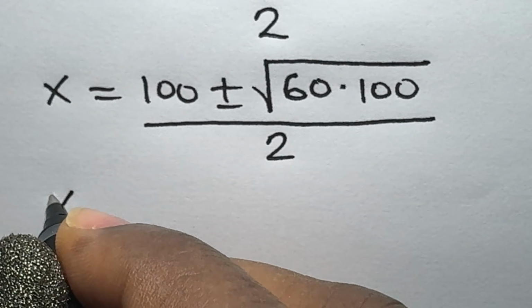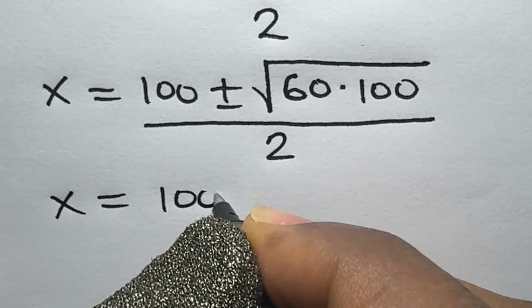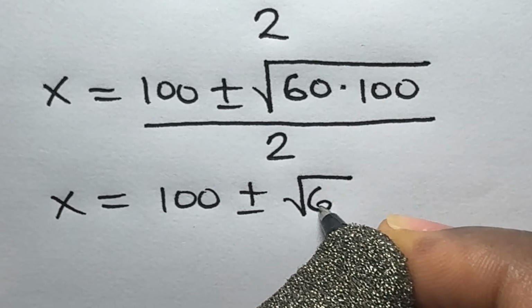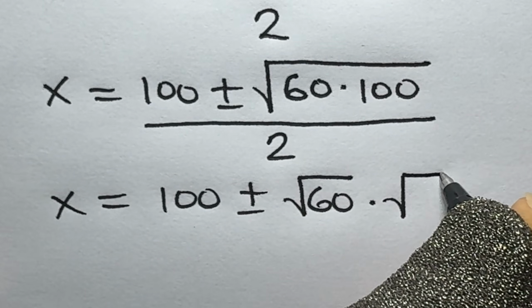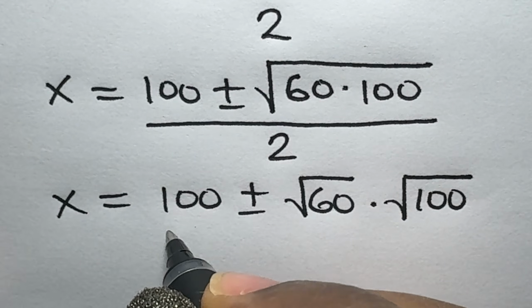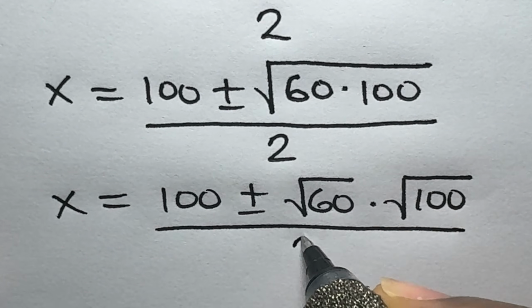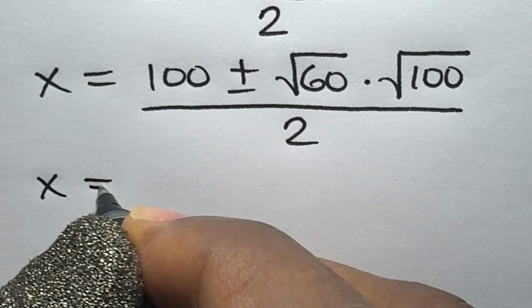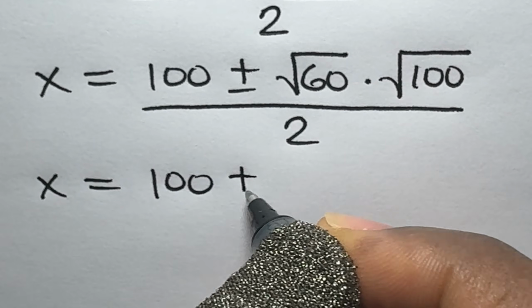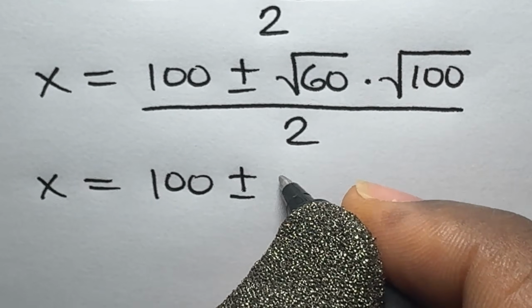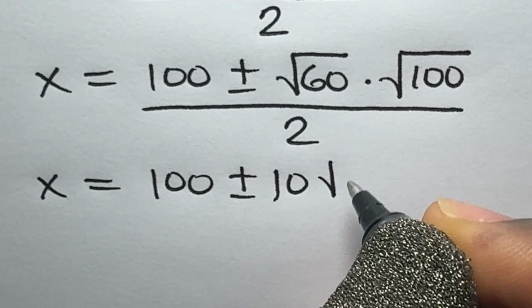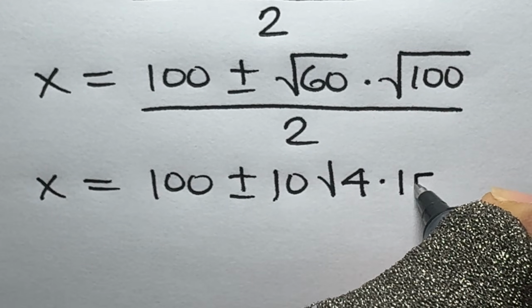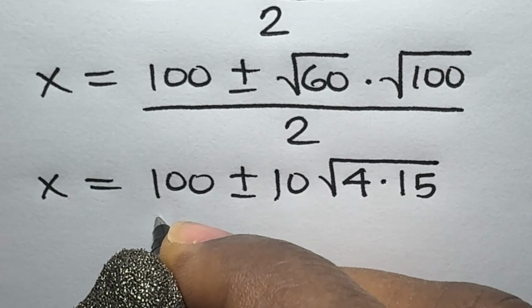Then x is equal to 100 plus or minus square root of 60 times square root of 100, divided by 2. So x is equal to 100 plus or minus square root of 100 here is 10. So we have 10 roots. 60 can also be written as 4 times 15, then divided by 2,